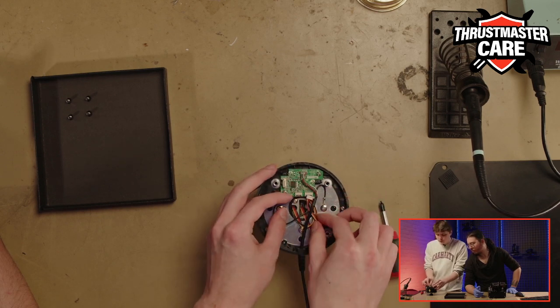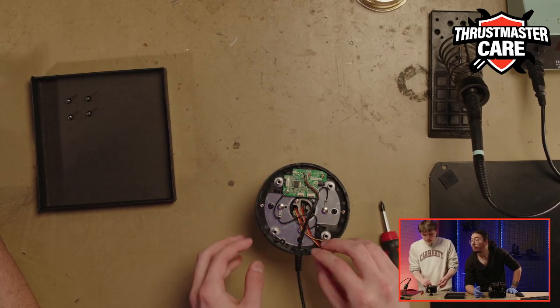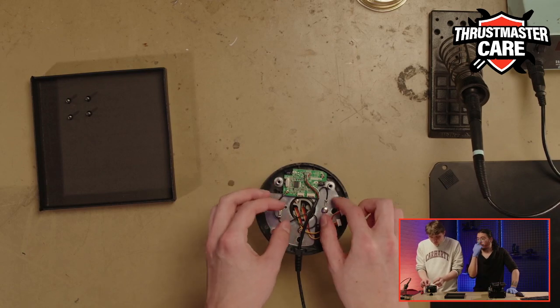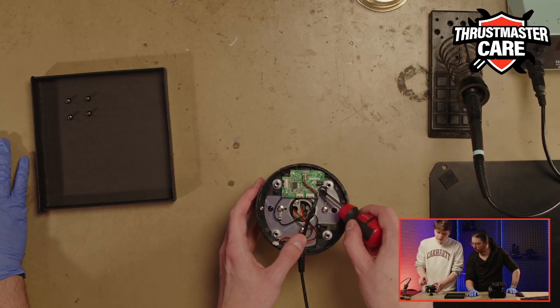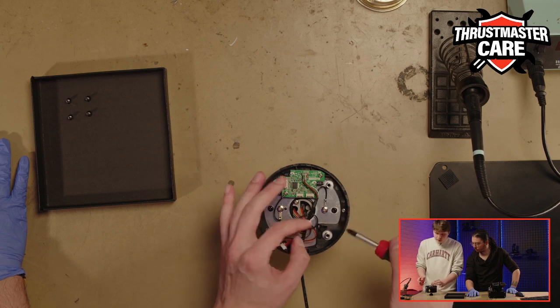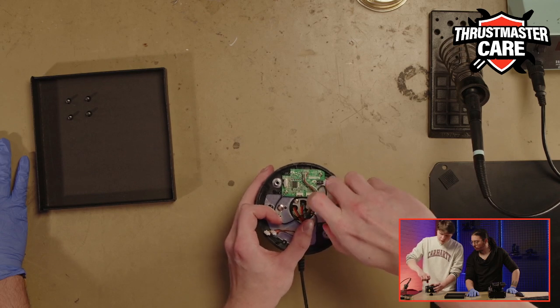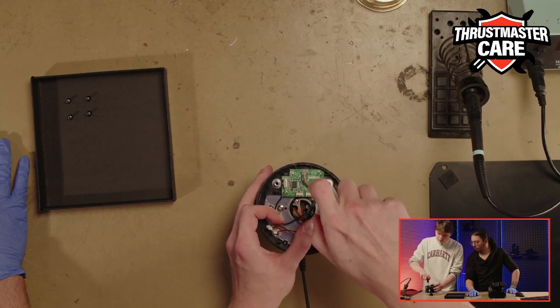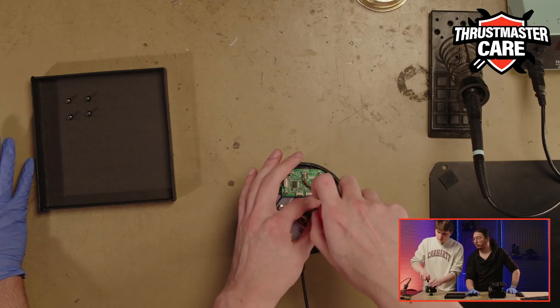Okay, so we remove the first two sockets, and after that we will remove this wire here, gently with the screwdriver. And at the same time, you can start to make your